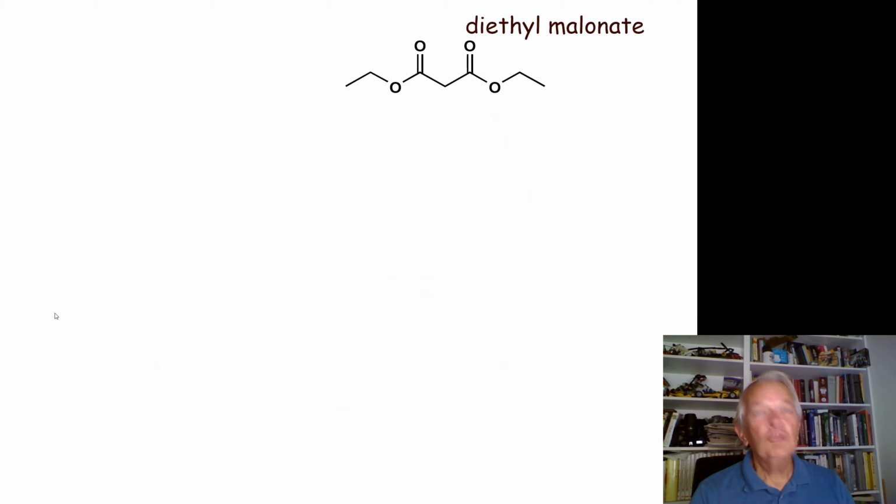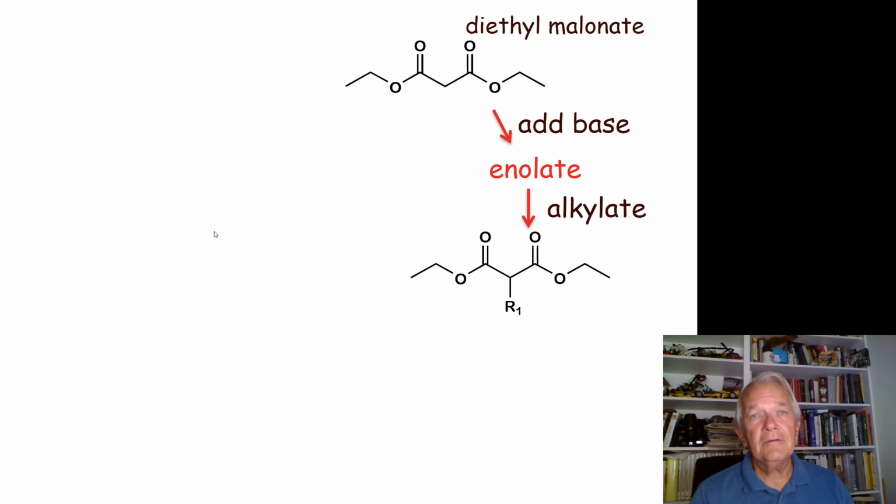So here's a very closely related one. This is diethyl malonate. The simple dicarboxylic acid is called malonic acid, so this is diethyl malonate. Well, diethyl malonate works very similarly. You add base, you form an enolate, you can alkylate,